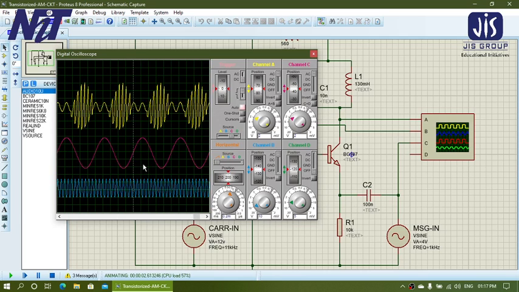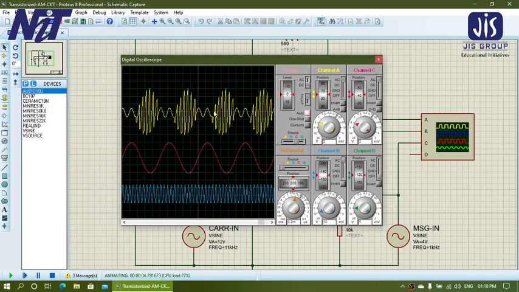Now it is set at 2 volt per division, and it occupies 4 divisions, 1 2 3 4. So at 2 volt per division it will be 8 volt peak to peak message signal, reproducing a 4 volt amplitude of message signal. So in this way you have to analyze all your signal components for this amplitude modulation: carrier, message, as well as AM output, and put all the values in the table as per the PPT.